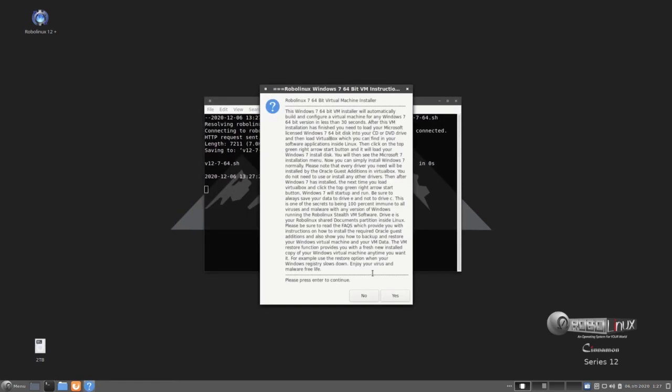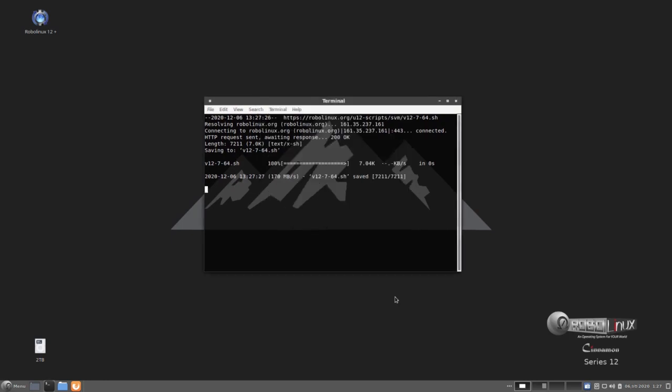It is not a license agreement. You just select yes, and it is going to ask us for a sudo password if this is the first time we've used VirtualBox. So it creates a VBox user and a UUID in the etc group file. And so we'll type our password to do that